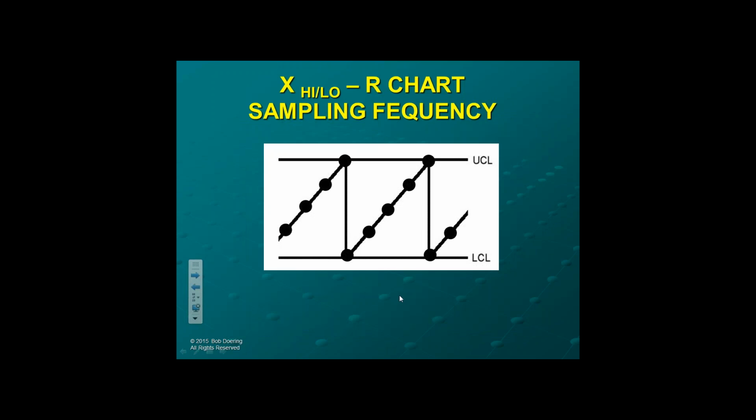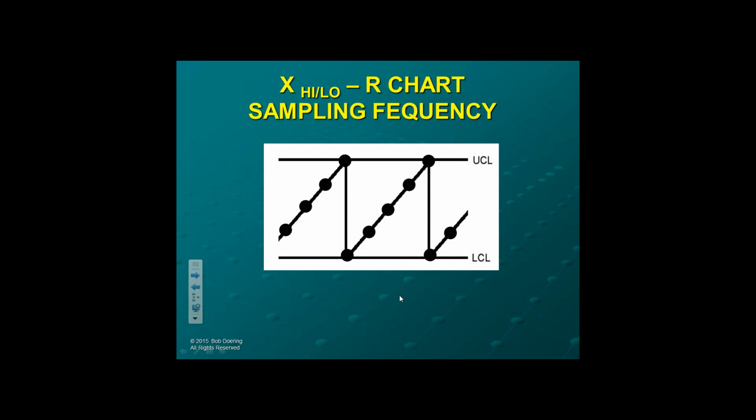Now, one of the issues that people have is, what is the sampling frequency? For X-bar and R charts, generally you have two techniques used for sampling frequency determination. One is the dartboard approach. You say, let's do it, I don't know, every 15 minutes. The second one is the operator whining approach. And that's where they say, well, that's too many times. We don't have time to do that. So, okay, we'll do it every hour or every 2 hours. Neither one of those is very meaningful.